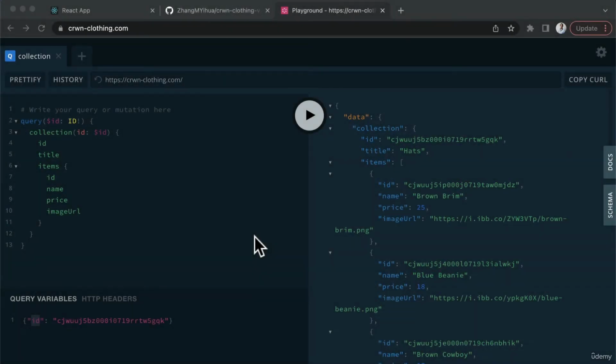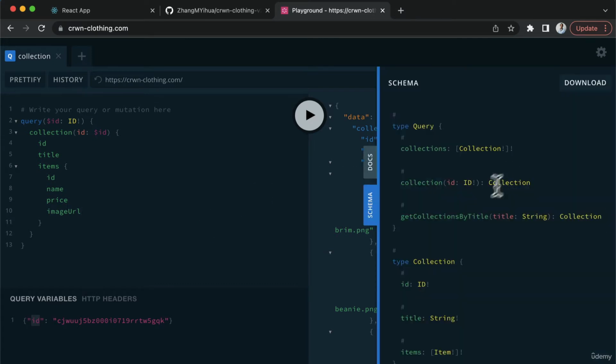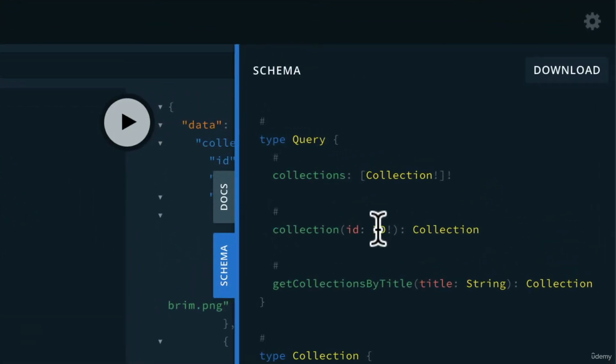Welcome back, everyone. In the last video, we learned how to utilize our collections query. In this video, I'm going to show you how to use a different query where you can pass it a variable inside of our code. Now, we've already seen our collection query by ID, but inside of our application, there's a chance that we don't actually have the ID. What we do have is a URL parameter that contains the actual title that we can